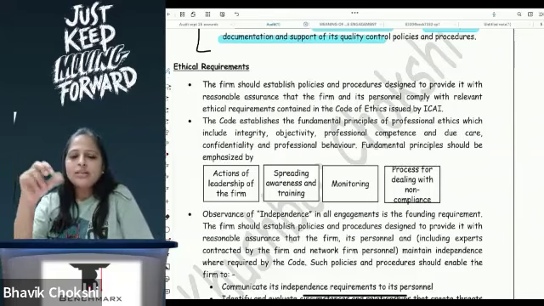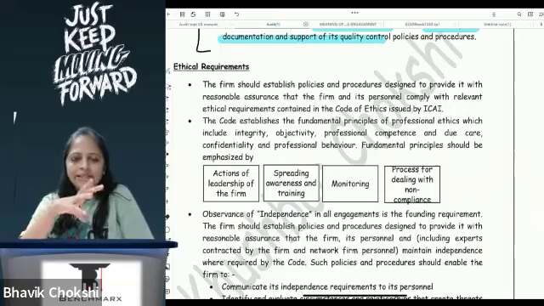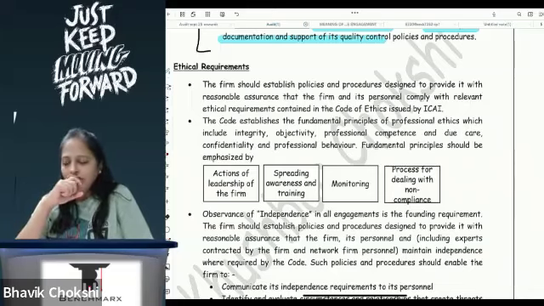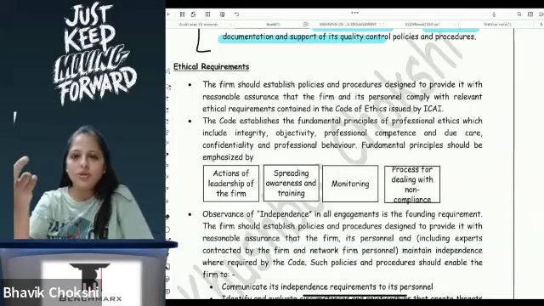Correct? So this independence requirement is very, very essential. The law has laid down that if you are related in this way or the other, then you cannot be conducting the audit or you cannot be getting involved. But firms also have to ensure that annually they take an independence certificate saying that no one is